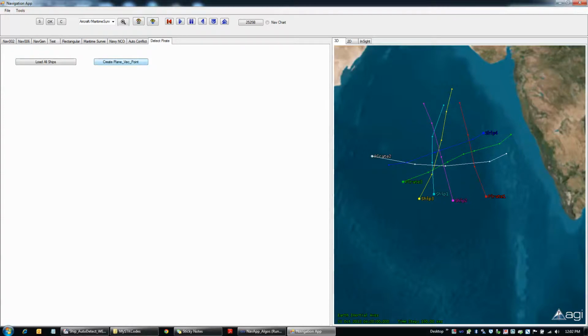To do that, you have to click on create the plane vectors points. It creates several planes, vectors, all the necessary planes, vectors and points.